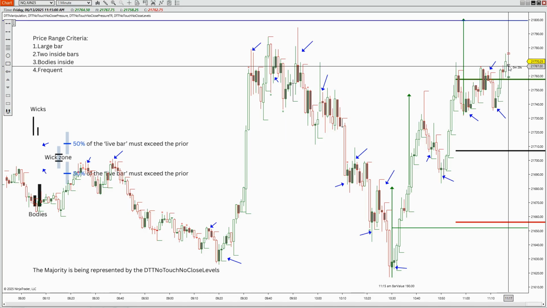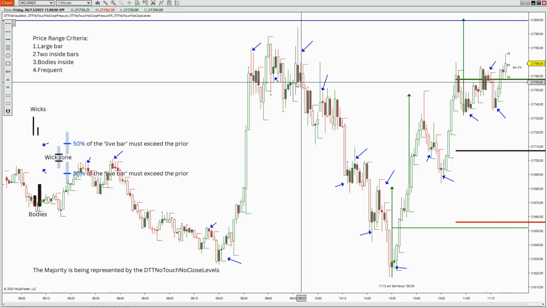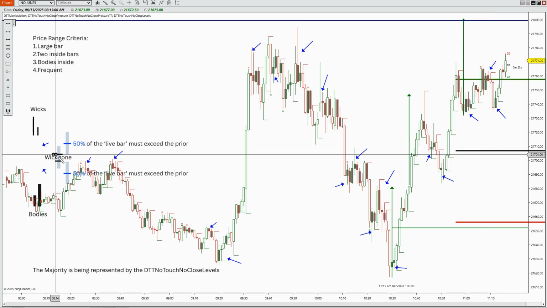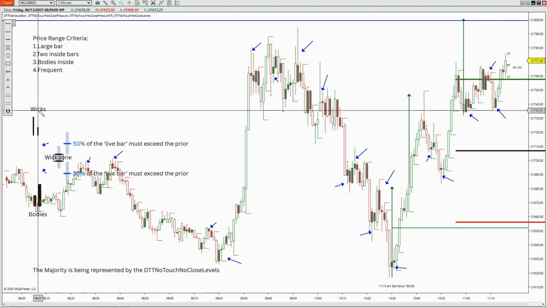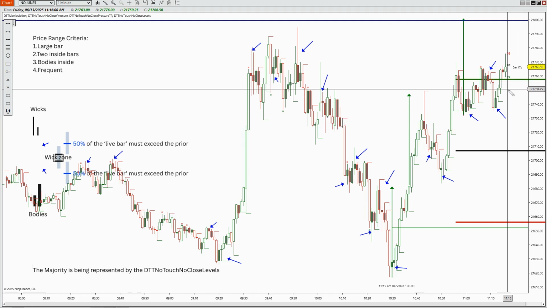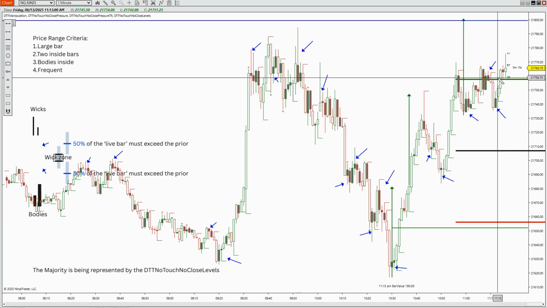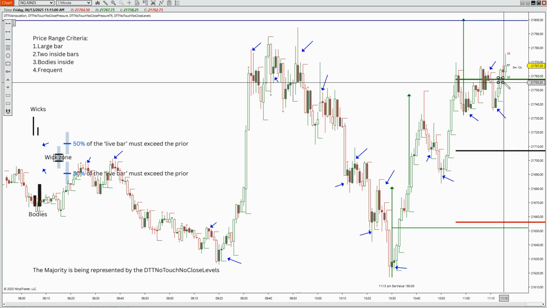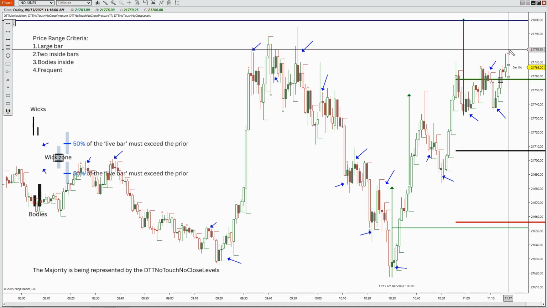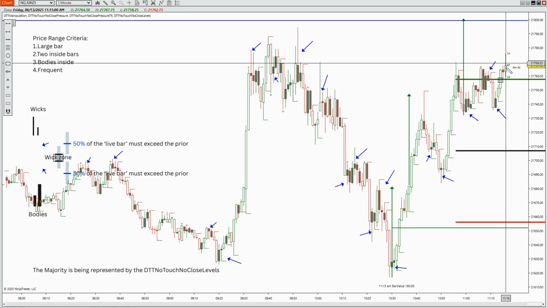I didn't put the threshold up here. I'll probably include it in another video, but the threshold is your wick zone. So this is where we're looking for the big wick, little wick effect. That's what we're looking for: the price to kind of lean back over into the bar, touch the bar, and create the big wick, little wick effect. Just to make it simple for you, that's what we're looking for.